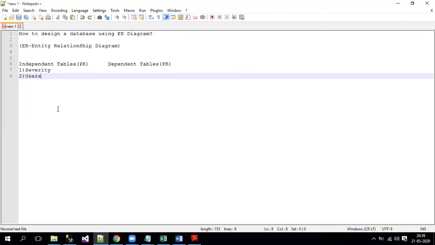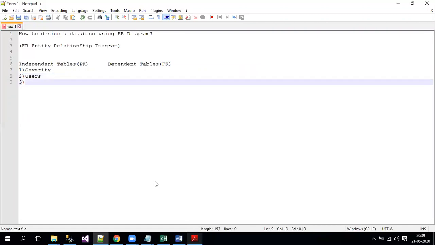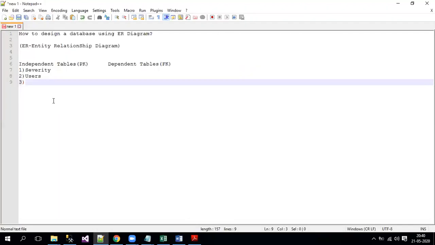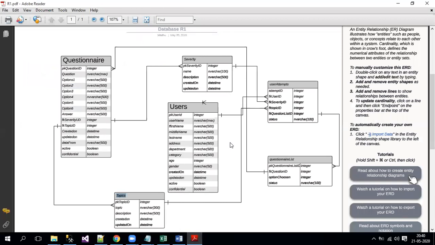Yeah. So now let's see if there are any other tables. The left out table over here is topics. In topics, I have only a primary key and I don't have any foreign keys. As per the rule, as it contains only one primary key, we can consider topics also as one of the independent tables. Let me copy this table as well and put it over here. Now simply we can put all the other tables as dependency tables, because we already found all the independent tables.